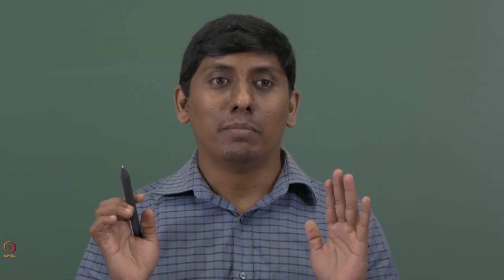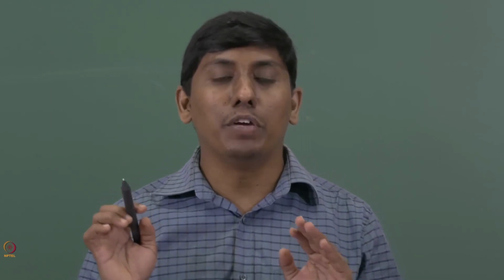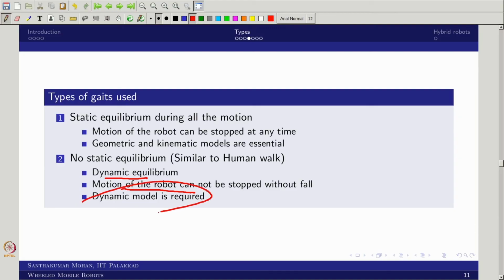Why? Because it is in dynamic equilibrium, it has that momentum, and it is not able to stop. For example, now I am running at a speed of probably 5 or 10 kilometers per hour. Suddenly I stop, because probably there is a dog or something in front. Do you think that I would be stable? Because of friction, probably I would keep moving, but imagine the robot. The robot's friction is not that way, right? So that is the biggest issue, but in that case you need to have a dynamic model, then you can play further.